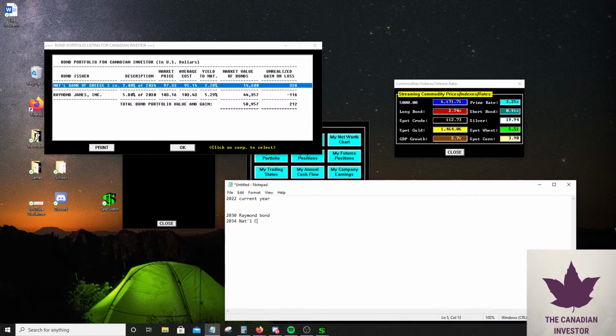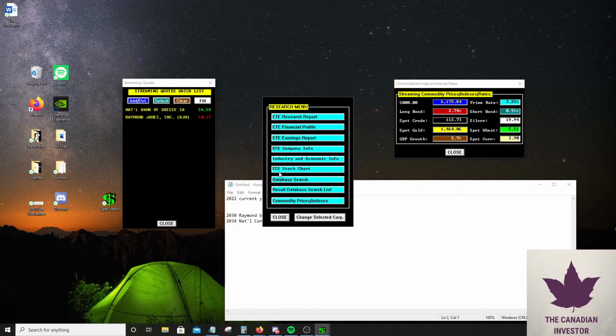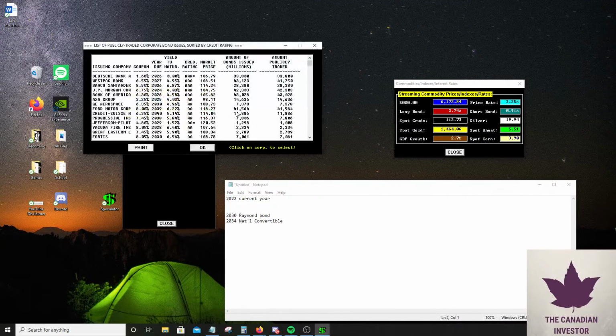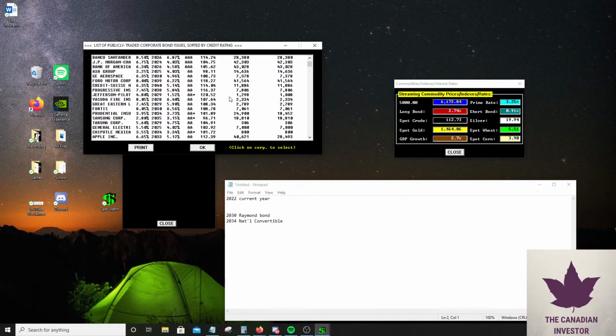So this is Natel. So this is convertible. It's always good to know that this is an individual bond. This is a convertible. So in this case, we're going to look for some shorter term bonds just to help reduce the risk, because I'm pretty certain that interest rates are going to go up. If they do go down, our long bonds are going to do very well. But right now, I'm looking for very, very liquid bonds.